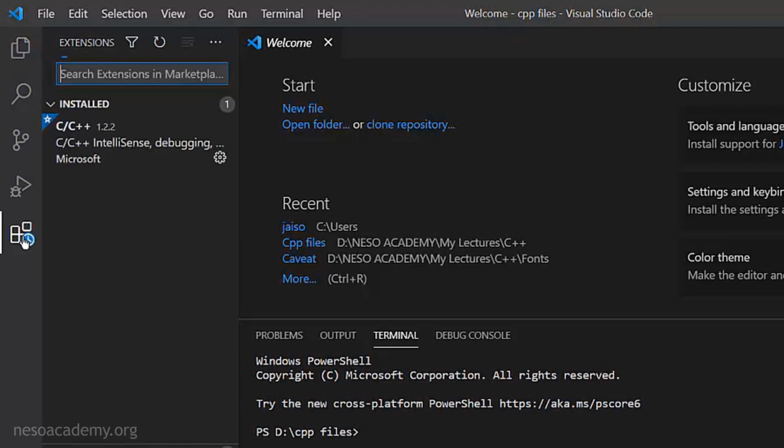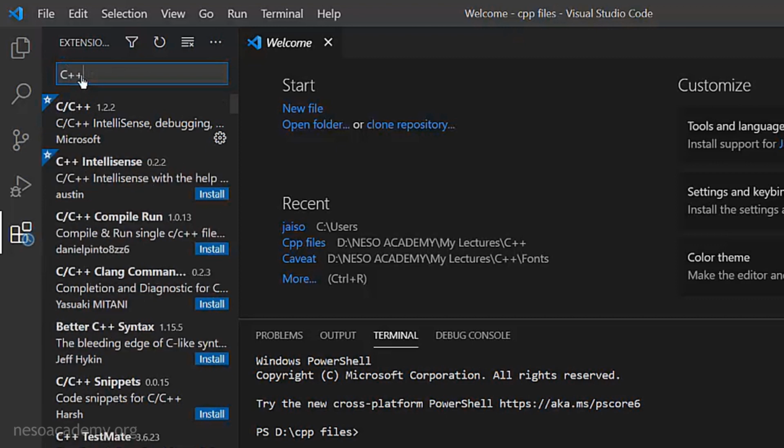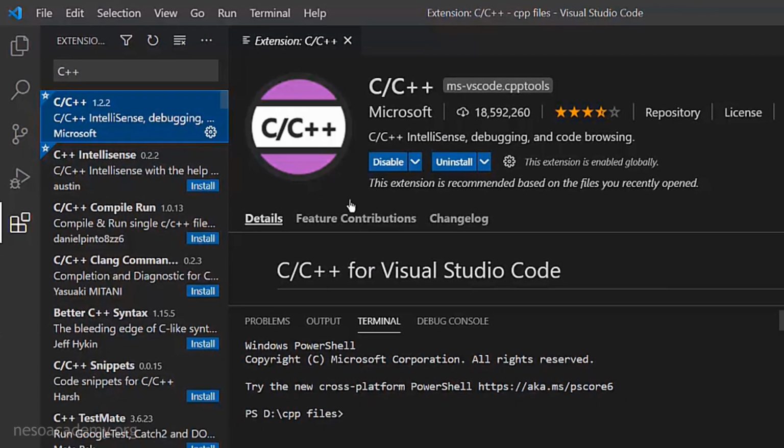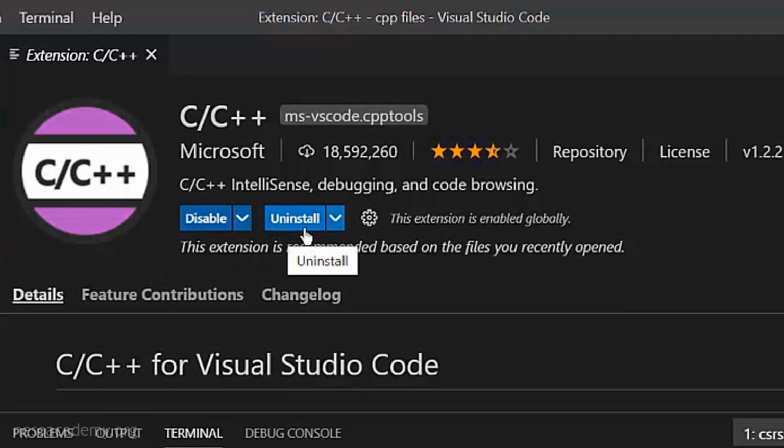So click on this extension, or you can also open it by typing Ctrl+Shift+X. Now when you open this, you just search for C++ over here and you will get some results, and this first one that you get here is the one that you have to click, and you will get an install button over here. Since I have already installed it, it is written uninstall here. When you are doing it for the first time, you will get the install option. Just click on it and it will get installed. So that is how you can install this C++ extension in Visual Studio Code.